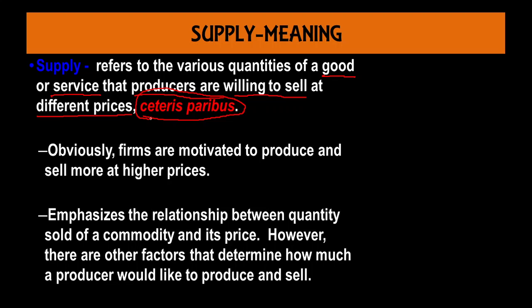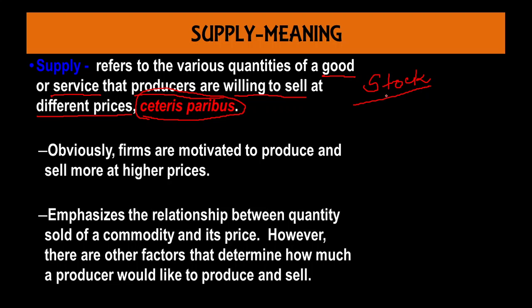One more thing, this supply is different from stock. Supply is the amount of commodity which is already there in the market or which can be brought for sale in the market on immediate notice. Immediate notice में जो चीज़ों को कस्टमर को सेल करने के लिए लाया जा सकता है, or which is already there in the market, that is supply.